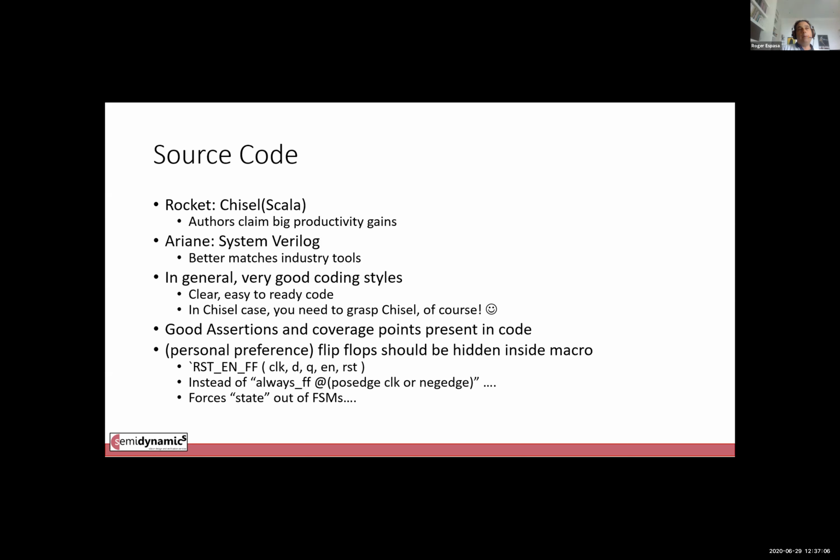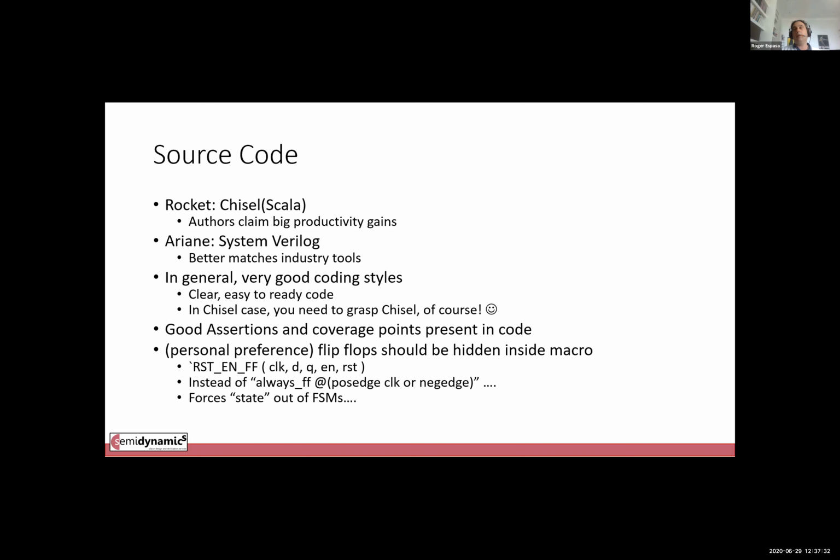I would probably say the only personal preference, coming from other industrial projects, is that I really do not like flip-flops declared as always flip-flops. This may be a very minor thing or extremely religious, but I found a lot of benefit in previous projects in enclosing the flip-flops in a macro, like the reset enable flip-flop up there.